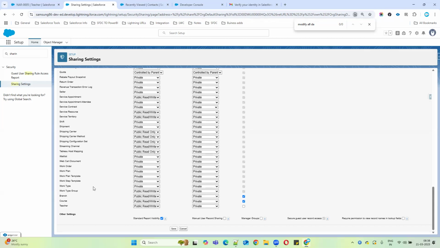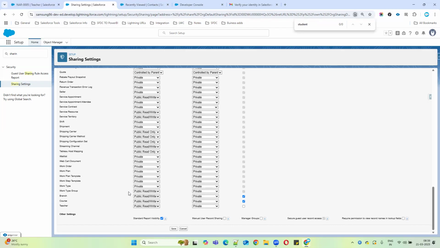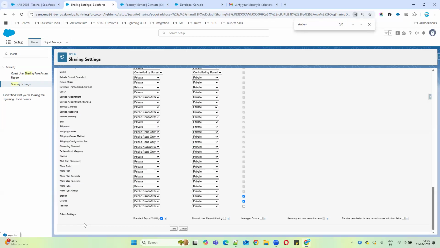So I think we have created the student object, right? Anywhere you can see the student object? It is not showing here. Why is it not showing the student object? It is controlled by which object? I think course. First we created a branch. Which one? Course only, I think, correct? Course, sir. So if you are the course owner, then automatically you can access their students also. For example,